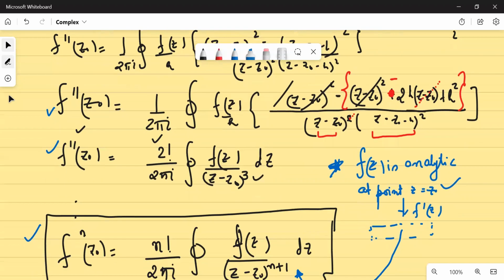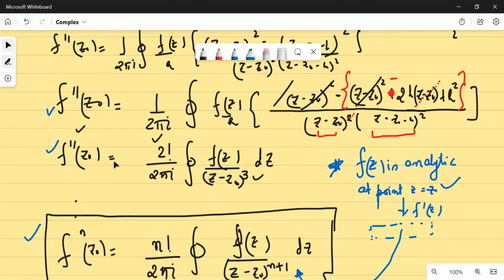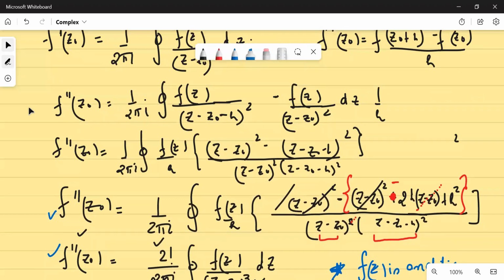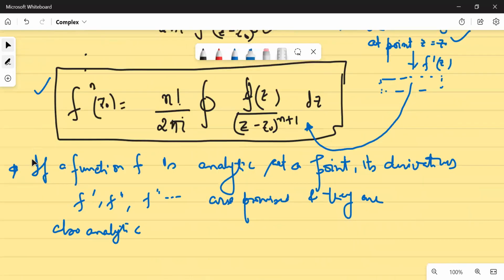So is that clear? Eventually, if you take the third derivative, that is, if you apply the very same thing on the second derivative, since f dash z is analytic, you can find f double dash z. Now apply this theorem here. You'll find that if one derivative exists, that is, a first order derivative exists, it means all the higher order derivatives start existing. The same you cannot apply in real analysis.